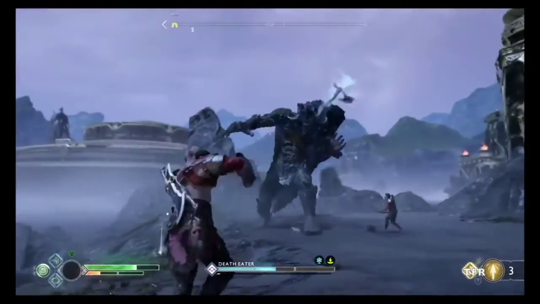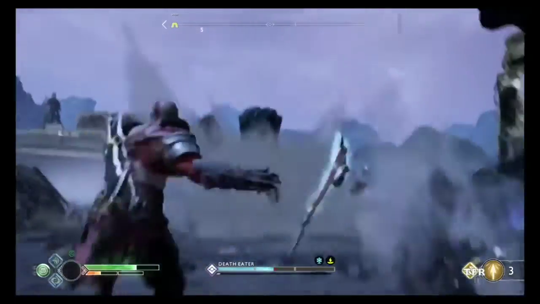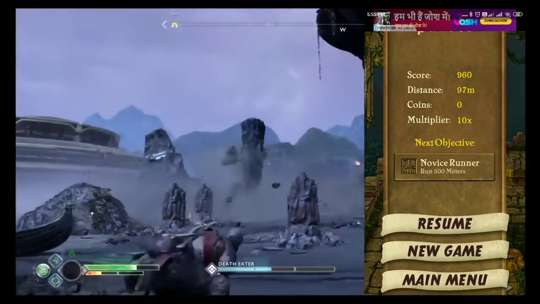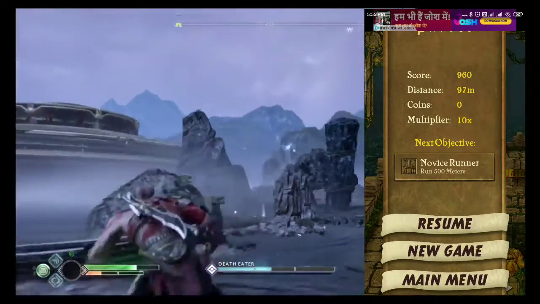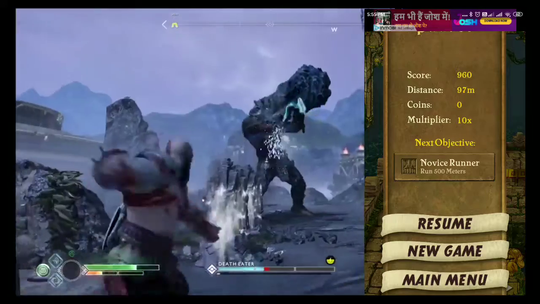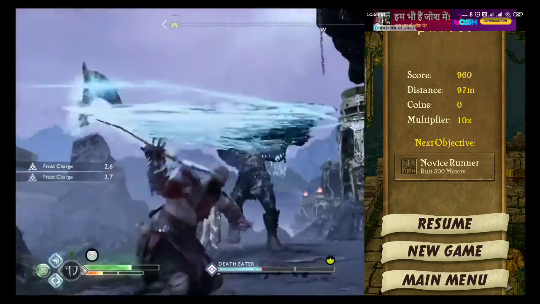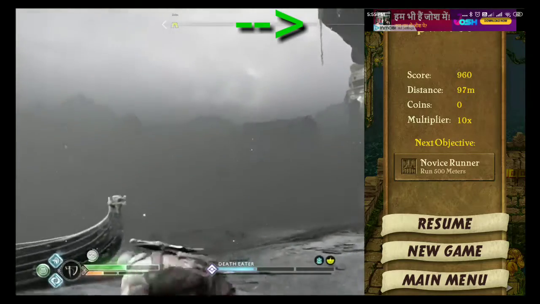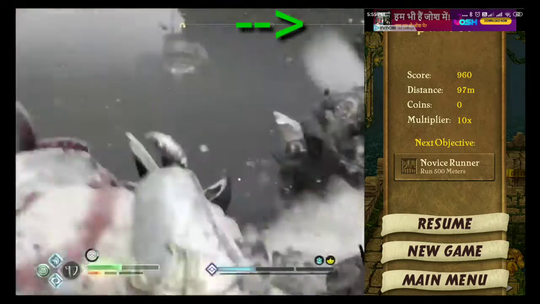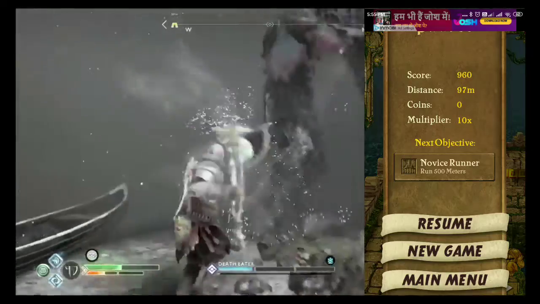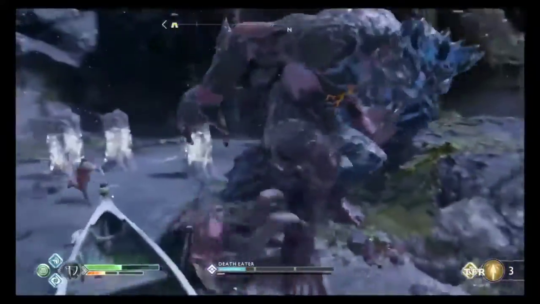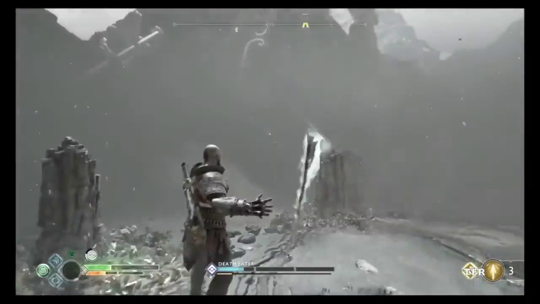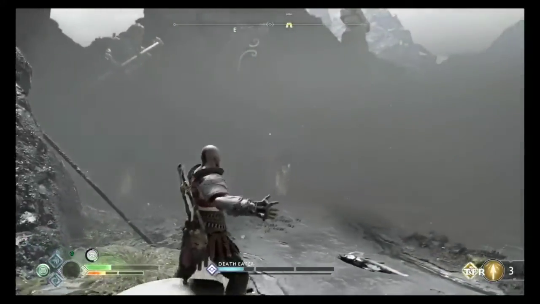So first, let me show you guys what a Google ad looks like in an Android game or application. As you can see on your screen right now, this is a screenshot from a very famous Android game available on Play Store known as Temple Run. And as you can see at the top portion of this screenshot, there is a Google ad. Now this is not the only type of Google ad which you can see in Android games and applications. There are Google ads in the form of videos, also in the form of graphical user interface.